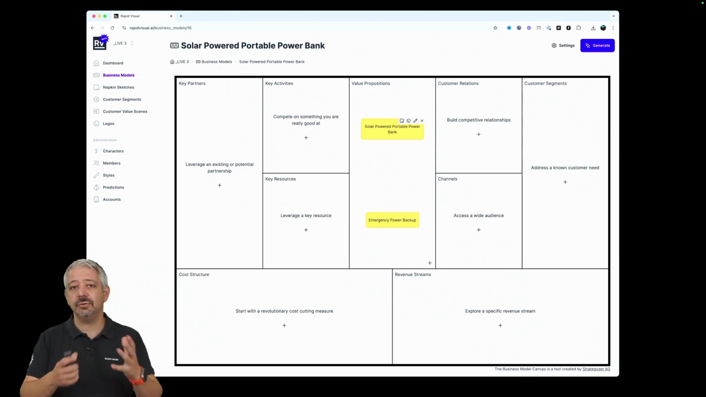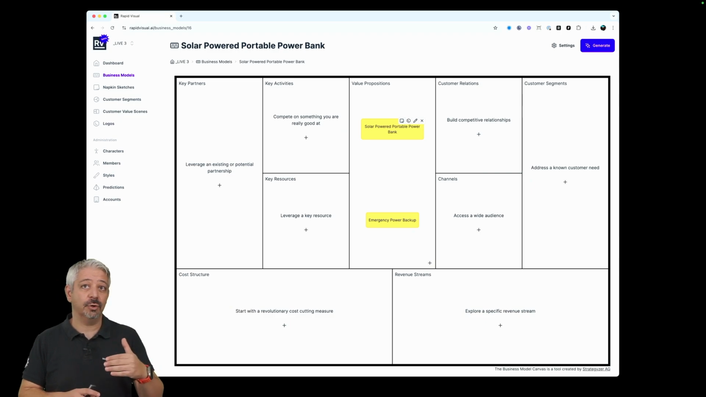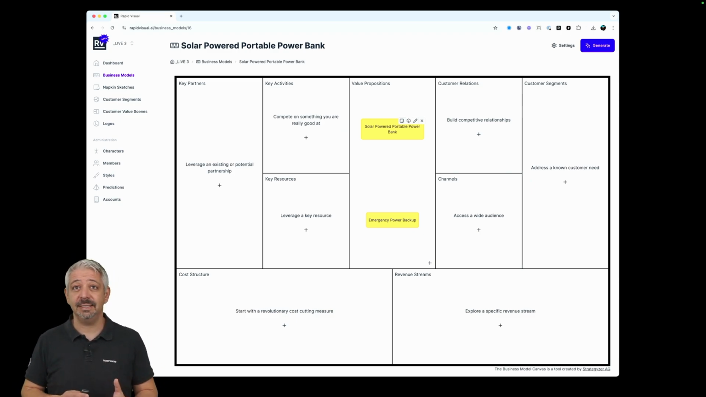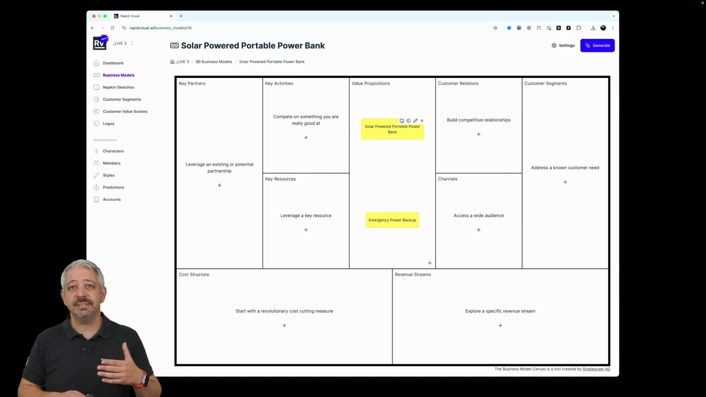As we get into Rapid Visual, we already started building on our idea of the emergency power bank backup or the solar powered portable power bank. You have a couple of value propositions there and they're not really explicit in my mind. I'd like to visualize them and be able to align with the rest of my team. So once I hover over the solar powered portable power bank, as you can see on the screen, there is the option to click on the napkin sketch itself, that little tiny icon